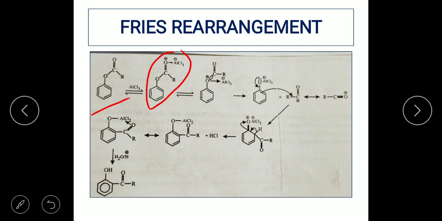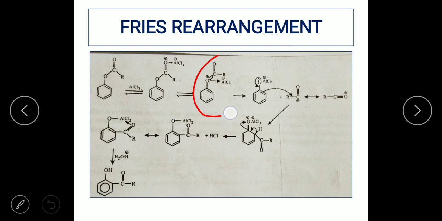And since in the substrate there are two oxygens, both the structures have been written here. That is, both the possibilities of the AlCl3 attacking the oxygen have been written here. One of them is when AlCl3 attacks the carbonyl oxygen of the carbonyl group. That is one of the adducts formed. And the second kind of attack of the AlCl3 is at the ether group of this substrate. So here they have shown both the ways in which the AlCl3 can attack the oxygen.